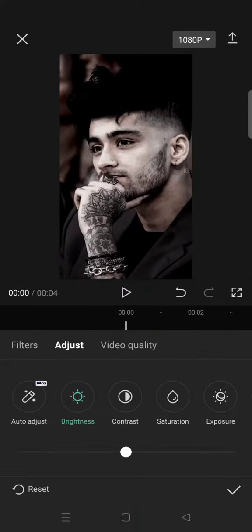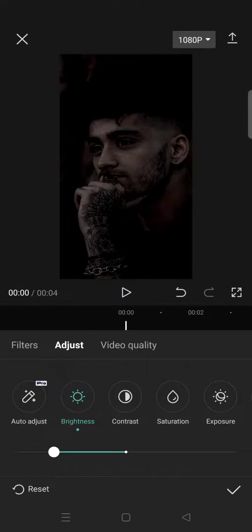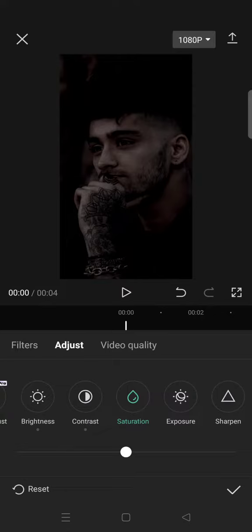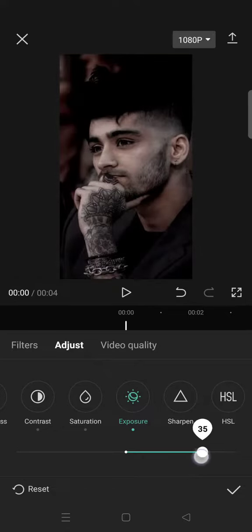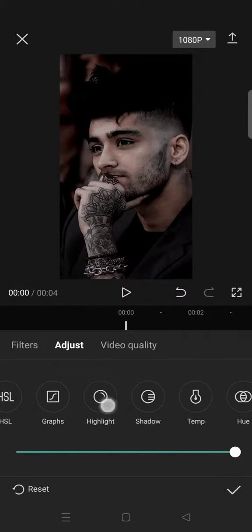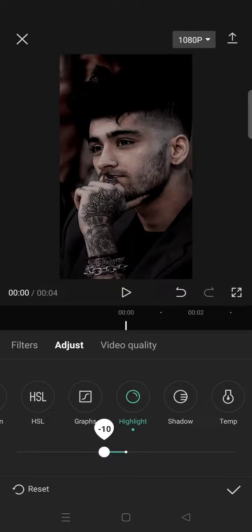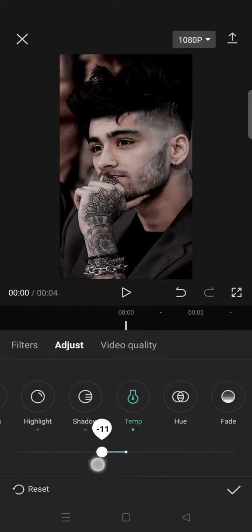So for the brightness, lower it to negative 31 32, contrast negative 11, saturation increase it to 20, then increase the exposure to 35, sharpen 100, and then click on highlight and lower it to negative 10, shadow 21, temperature negative 15,